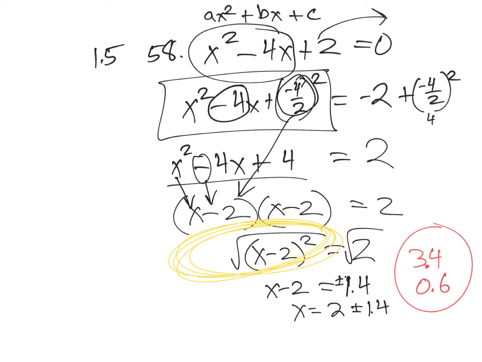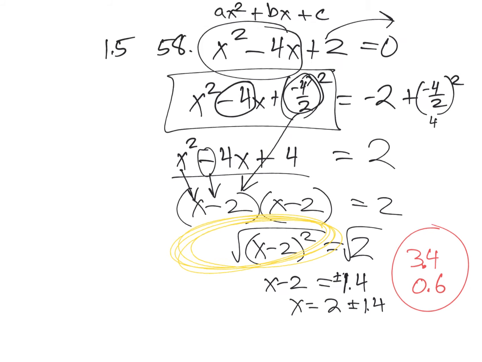You take b over 2, you square it, add it to both sides, write down the first letter, write down the first sign, and write down whatever b over 2 is in your binomial. And that's the factored form. All right, so let's go on and do